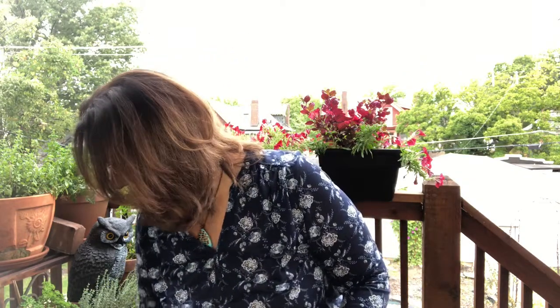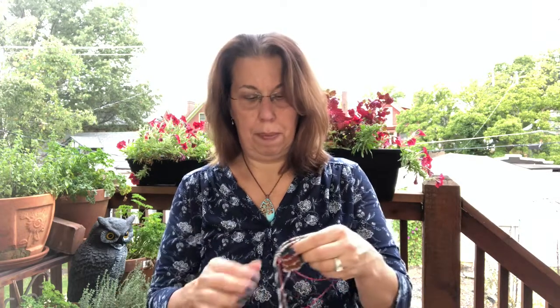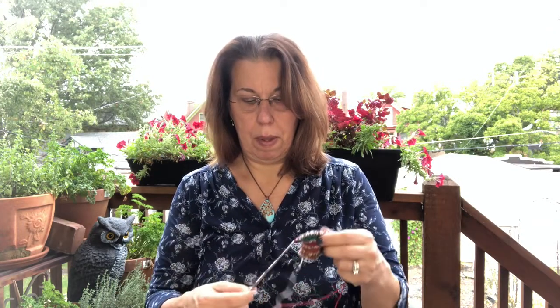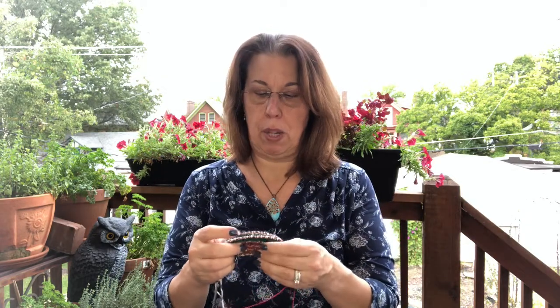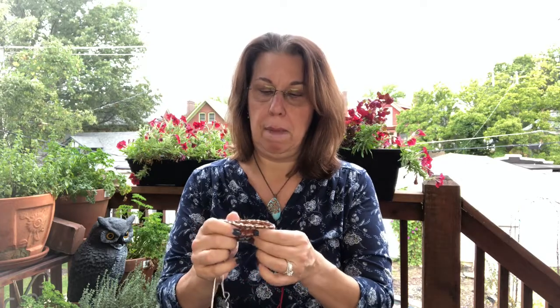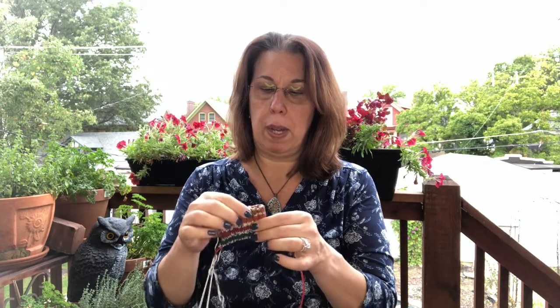but that's all right. All right, so of course, now I'll go on to WIPs. Of course, I did cast on another pair of socks, and this is some very, very deep stash. Of course, I cast on another pair of socks pretty much because I like to always have a pair of socks on the needle. This is a 3x1 rib,